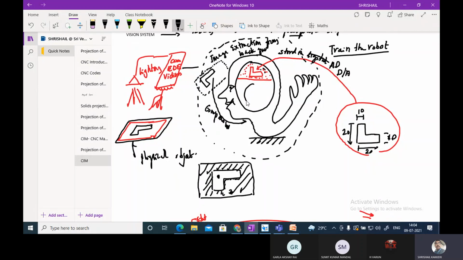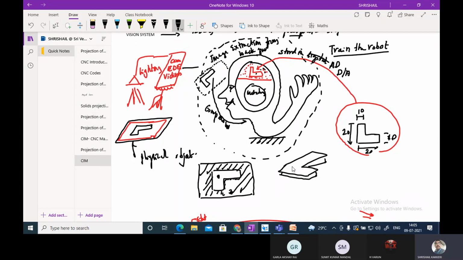This is called template matching. Matching in the sense, this physical object and this one will be overlapped one on the other.